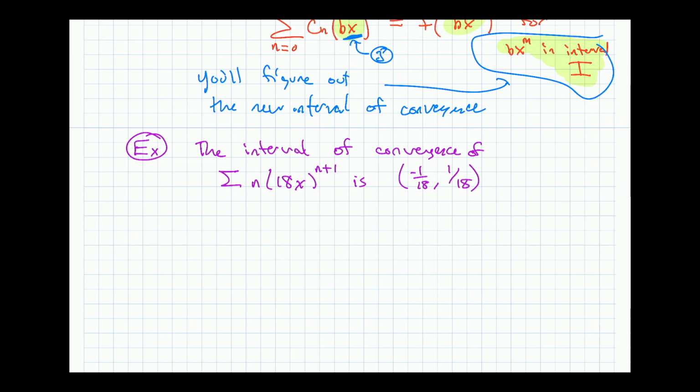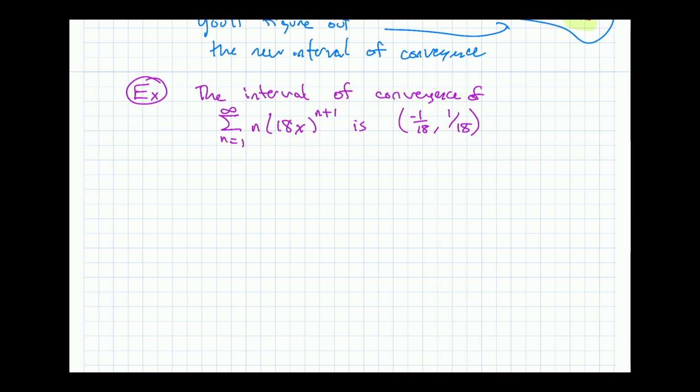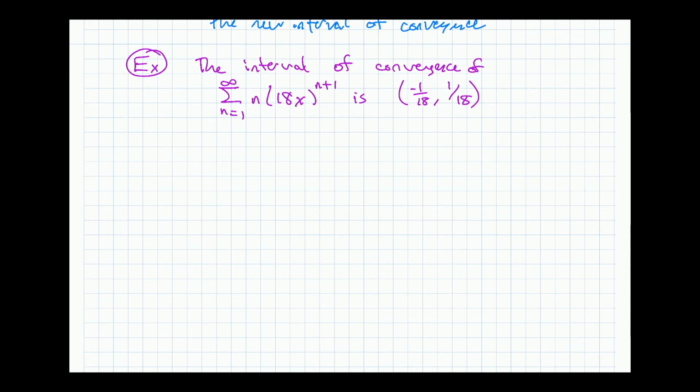All right, that's normal. That's just the kind of series you'd expect, what looks like mostly a geometric series. Okay, sure, why not? They want to find the interval of convergence for